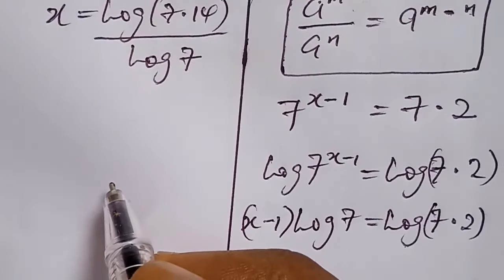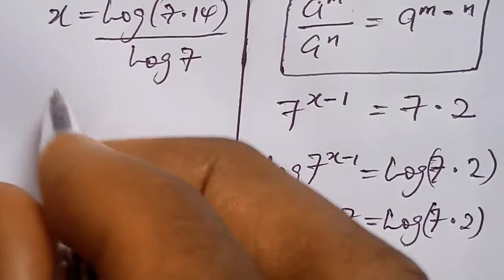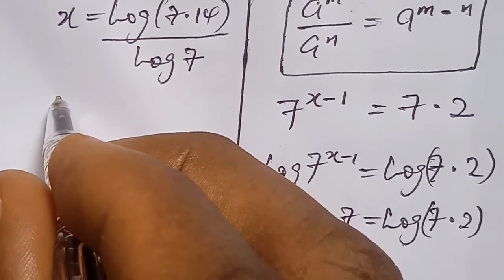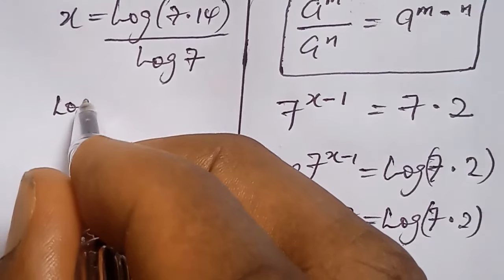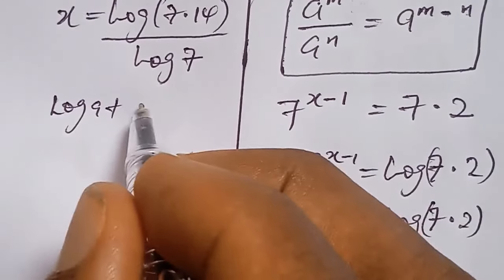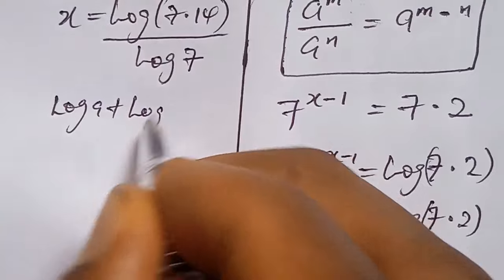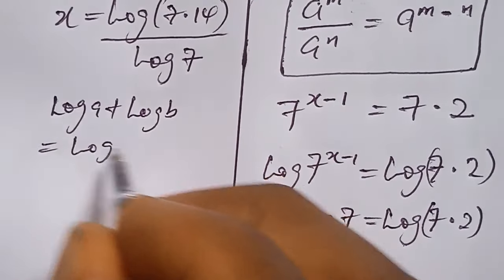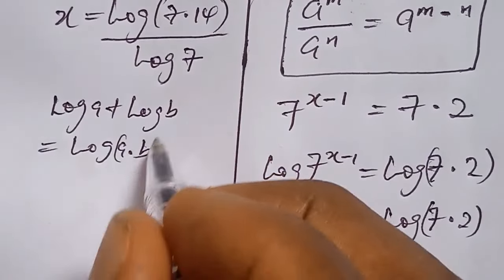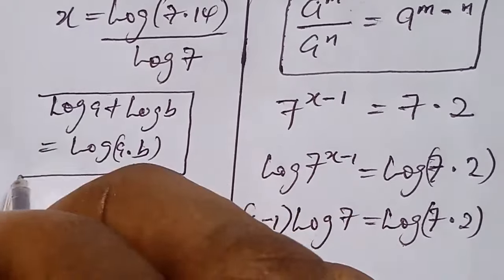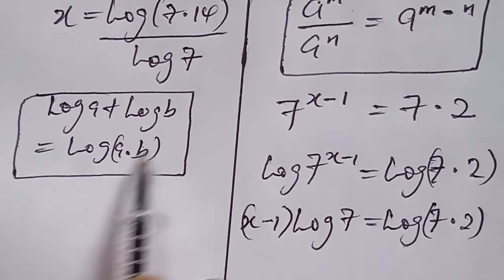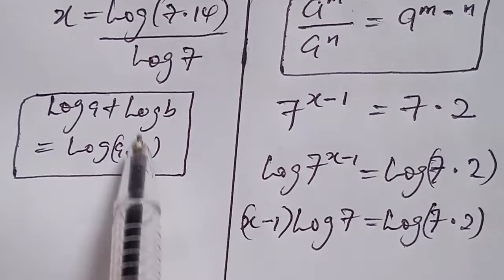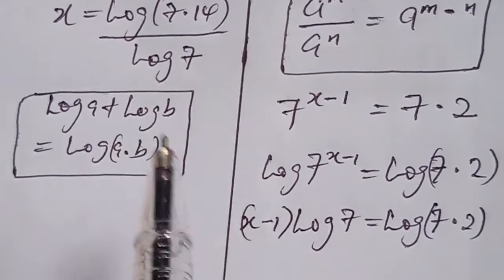So from the first method, the numerator can now be simplified by considering a log identity, which implies log a plus log b is equal to log a multiplied by b. So looking at this identity, we can discover that we can put this part in this form. So we now have